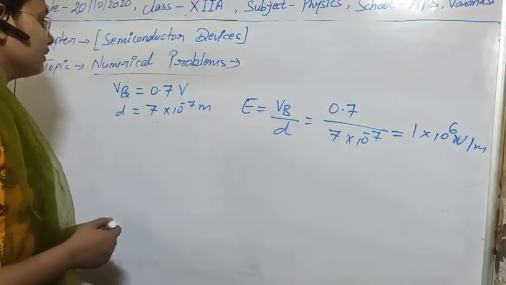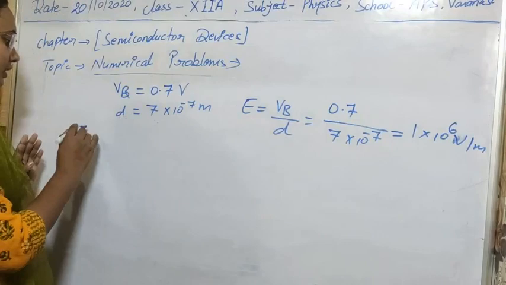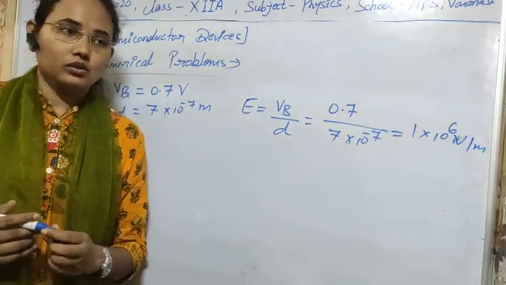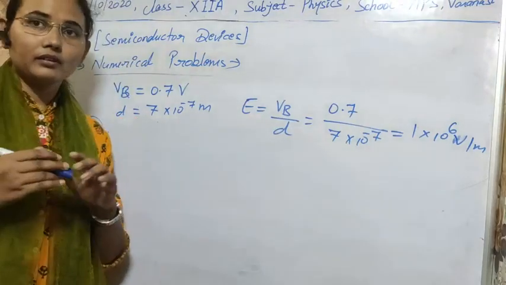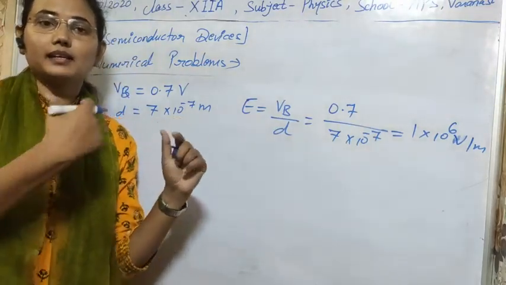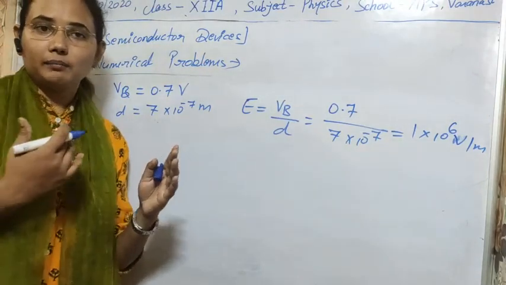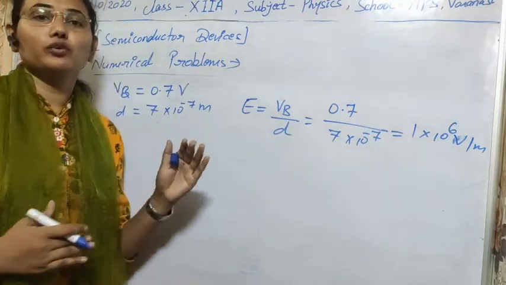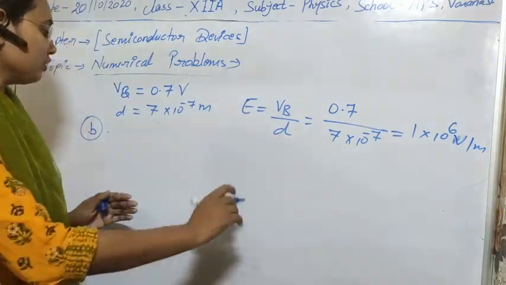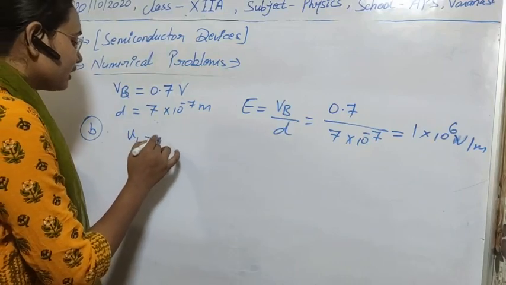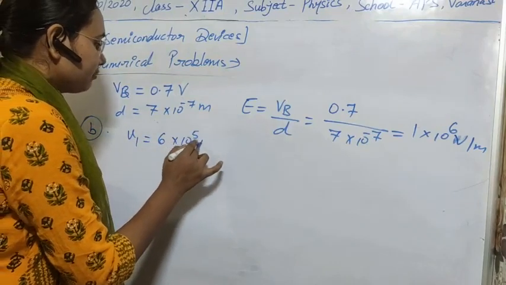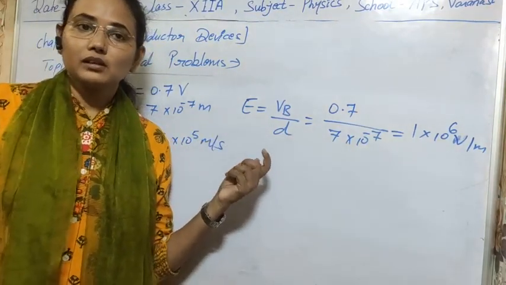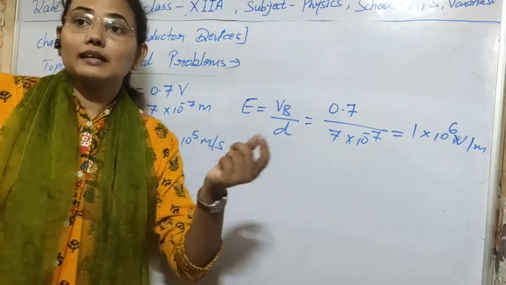Now the second question in that problem, which I haven't written because there was not enough space. Suppose an electron from the N side is entering the P side, meaning the diode is in forward bias, so obviously the electron will move towards the junction. Suppose it is moving with a velocity of 6 into 10 to the power 5 meter per second. Then we have to calculate what its velocity will be when it enters the p region.